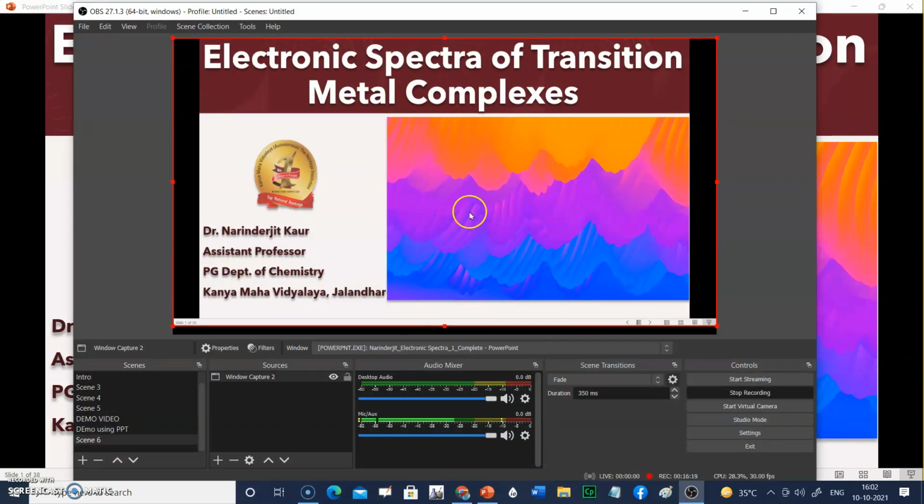So click here. Now see, in this window you see that this black portion is appearing and you do not want to record this black screen, the sides of this PPT as black, right? So what you can do is just press and hold down the Control and Alt keys simultaneously and click and drag with your mouse to crop this black portion.